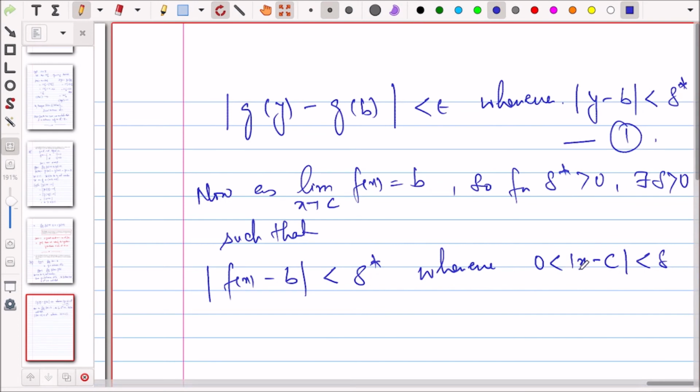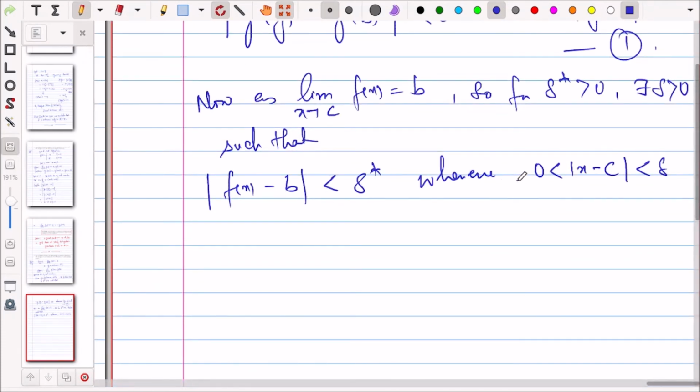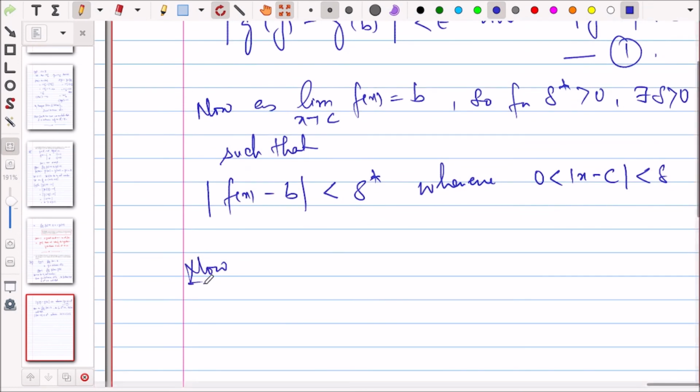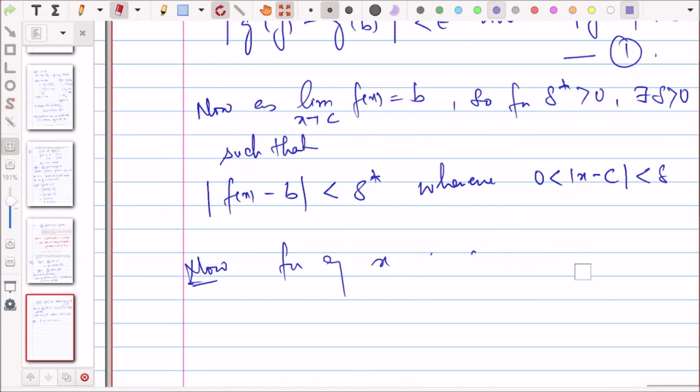So we have to exclude the point x equal to c. We are excluding the point x equal to c here. Here we have not excluded the point y equal to b, but here we will exclude the point x equal to c. So |f(x) minus b| is less than delta star whenever 0 is less than |x minus c| less than delta. Mark it as 2. So now for any x such that 0 is less than |x minus c| less than delta,